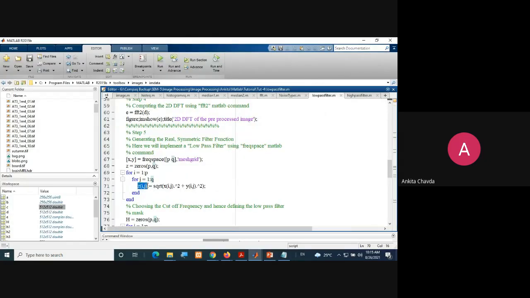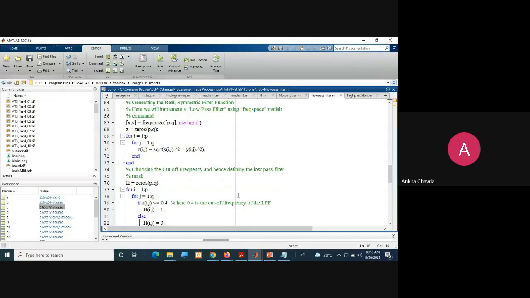See, z of ij equals square root of x of ij raised to 2. From where did we get this x of ij? From here. This is your equally spaced frequency value. That particular frequency will be considered as one of the points, d of u. So z of ij equals square root of x square plus y square. This is what you are finding. Okay.